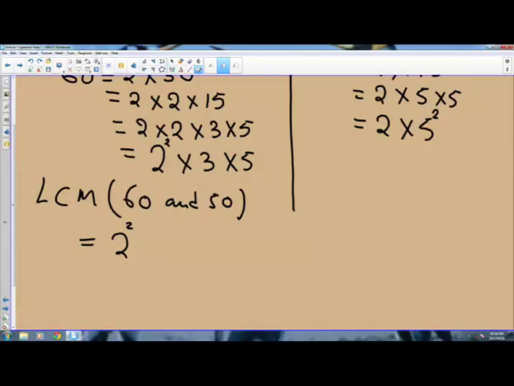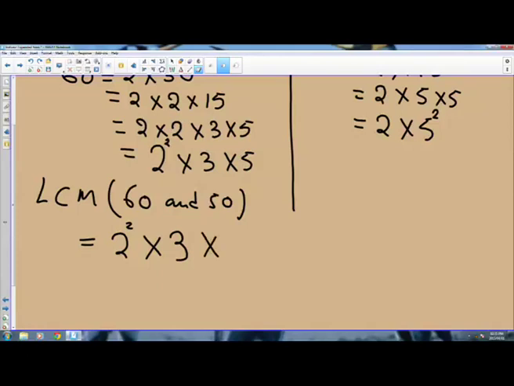So it's 2 to the power 2 times 3. 3 is here. We don't have a 3 this side. So that simply means 3 to the power 1 is greater than 3 to the power 0, because in this case there is a 3 to the power 0 there. So this is just 3